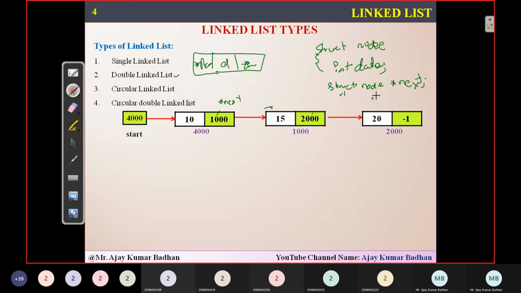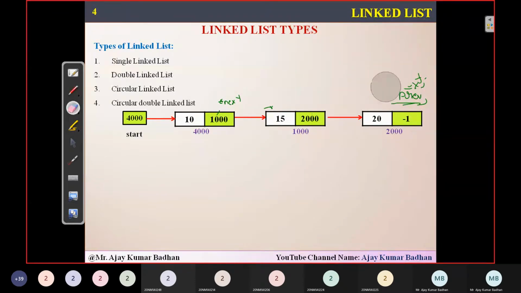You're going to create one more pointer variable called star previous, which we will discuss elaborately when we discuss the double linked list. For now, just remember that whenever you're using a double linked list, you declare in C language struct node, int data, which is nothing but this data, followed by the next address, this one star next. And since it also consists of the address of the previous node, we are going to use something called star previous. So let me show you diagrammatically how we can see it.